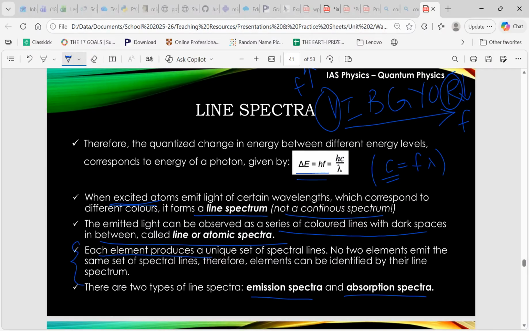Each element produces a unique set of spectral lines. No two elements emit the same set of spectral lines. Therefore, elements can be identified by their line spectrum. This brings up